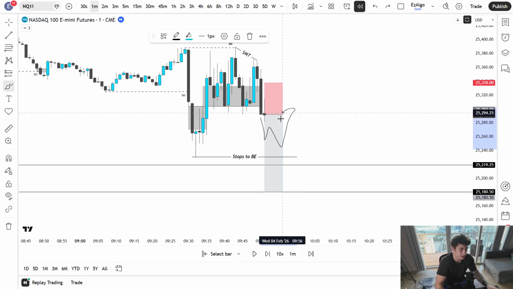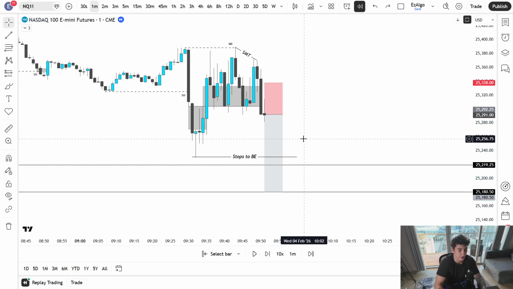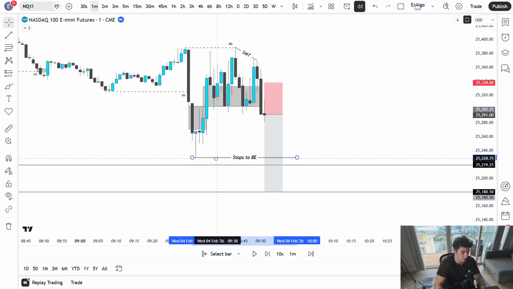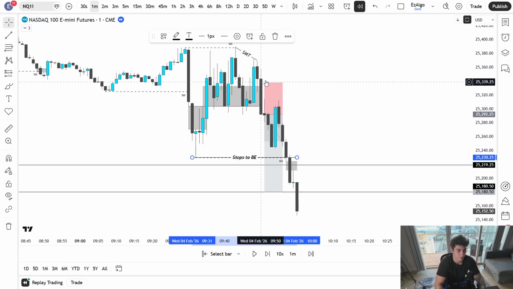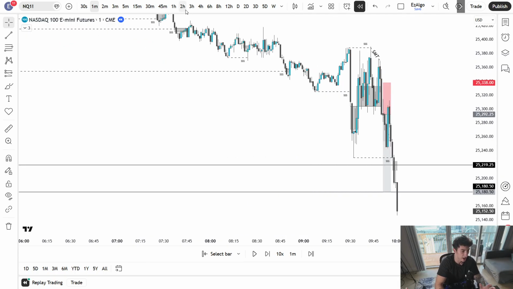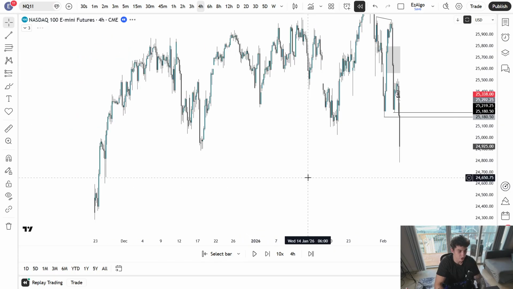You're literally asking to get wicked at your entry point and then have price hit your take profit, which did happen to a lot of traders today. I guarantee it, because they probably moved their stop loss to break even too early, got stopped at break even. Right, boom, there was that retest, and then obviously it hits both of these lows. I would have personally kept a runner going here just because we had all of that trendline liquidity to run on a higher time frame, and this just absolutely melted after that.